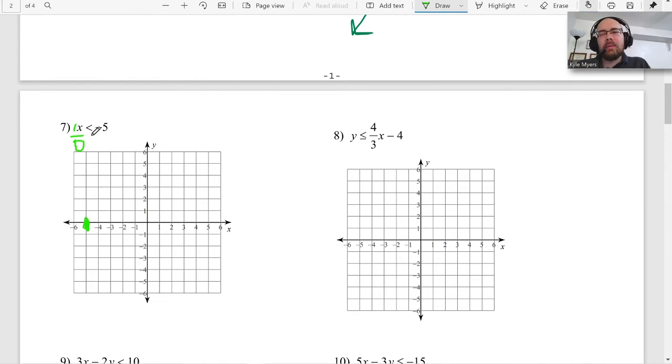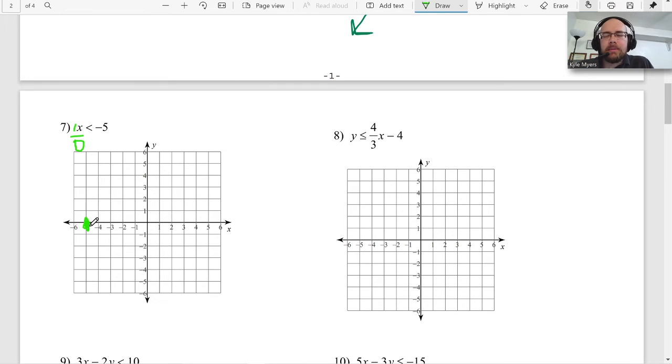Maybe this is not the best way to explain this. I think a lot of teachers just say, oh, just remember something extra. When there's just an x and there's no y, remember this thing, it's a vertical line. You just have to remember it. Just remember this extra thing. Well,